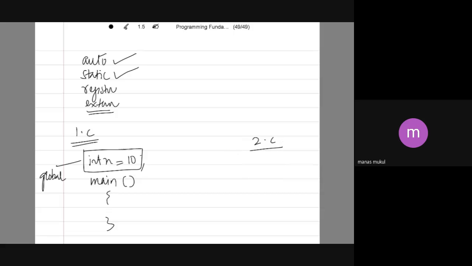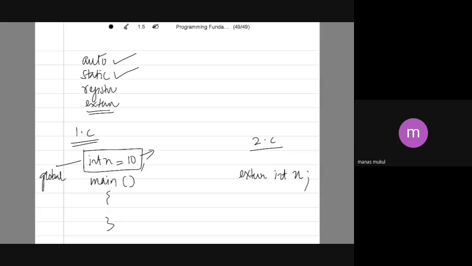If I have to access this global variable in another file, I will be accessing it with an extern keyword. If I write extern int x,